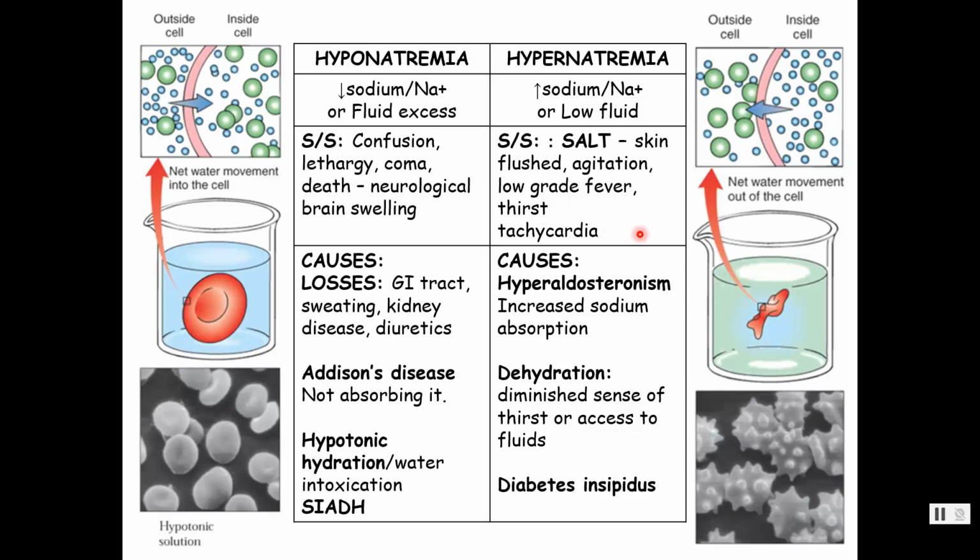How can you get hypernatremia? Remember, aldosterone causes the reabsorption of sodium. So we can have hyperaldosteronism, and that could cause it. You could also be losing all your water through dehydration. And like I said, you really want to look for the elderly in this. They often will get dehydrated. They just have that diminished sense of thirst. Or someone is losing a lot of fluids and has limited access to fluids. Another way is someone with diabetes insipidus. They can't make antidiuretic hormone, so they can't retain their water. They could be losing fluids, and they might get to hypernatremia if they are not taking in enough fluids.